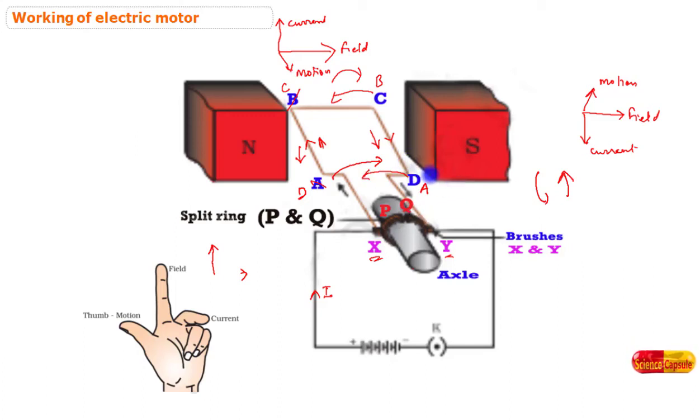Understood, children? In commercial motors such as the electric fan, which we were discussing before, an electromagnet is used in place of a permanent magnet. A large number of turns of conducting wire in the current carrying coil is also used. A soft iron core is placed on which the coil is wound. The soft iron core on which the coil is wound, plus the coil, is called an armature.